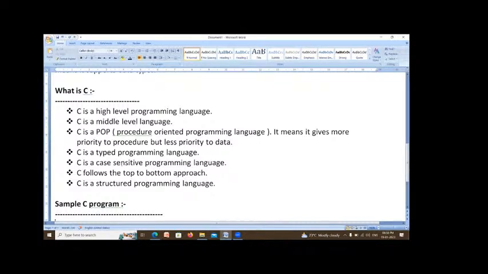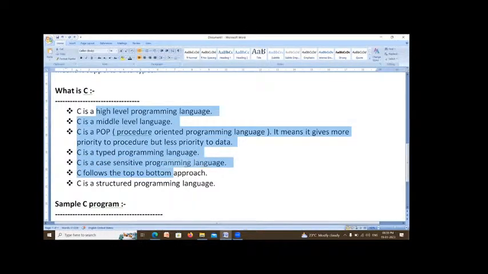Sir, can you explain the last second point? Top-down approach. Yes. Whenever you write a program, it will be executed from top to bottom. First line will be executed first, then second line, then third line, then fourth line, then fifth line. So it follows the top to bottom approach.